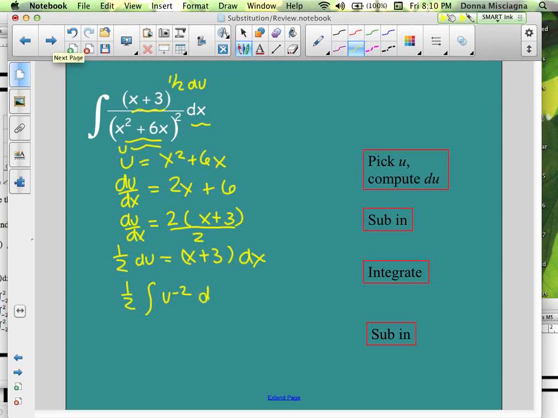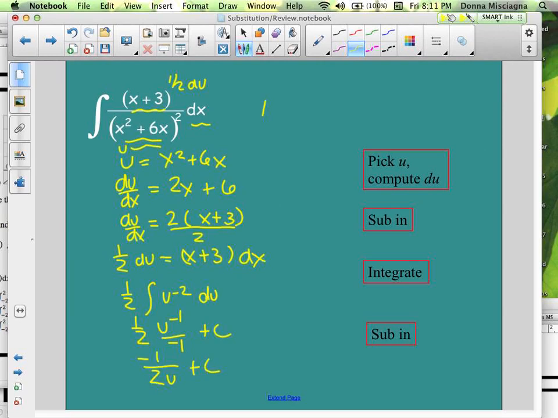That's all that is. So now see, that's very simple, whereas what we had before was not very simple. All right, so we just increase by 1. It's just a power rule. So 1/2 u to the -1 divided by the same thing plus c. All right, so now let's simplify that out. I'm going to make that negative 1/2, and the u is going to go to the denominator. So I've got negative 1 over 2u plus c, which means when I substitute back,